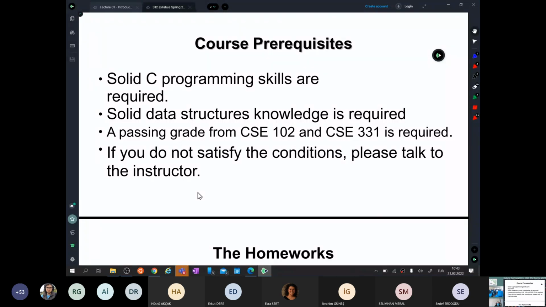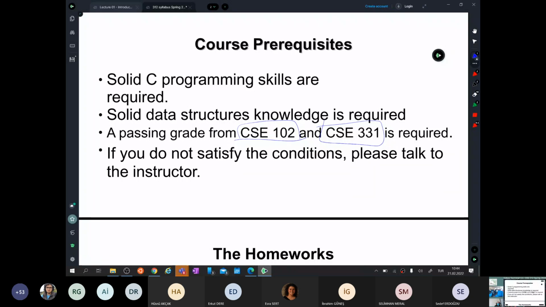But you need to know about C, and also, as a formal prerequisite, of course, you have to have a passing grade from CSE 102, which is the C programming course, and our computer organization course, CSE 331, which talks about the computer hardware, right? If you didn't get a passing grade from these courses, then you shouldn't be able to take this course. But for some reason, because of a mistake, you are taking it,